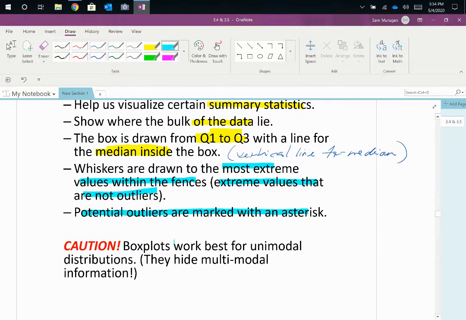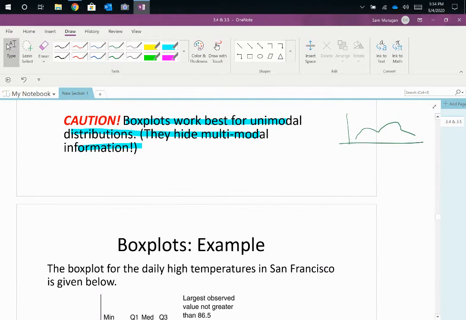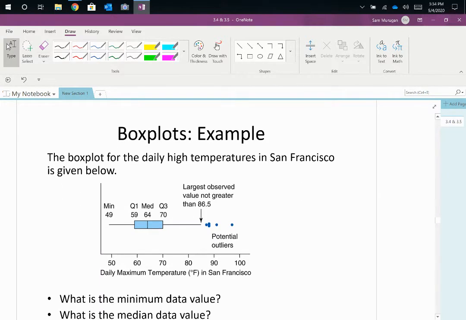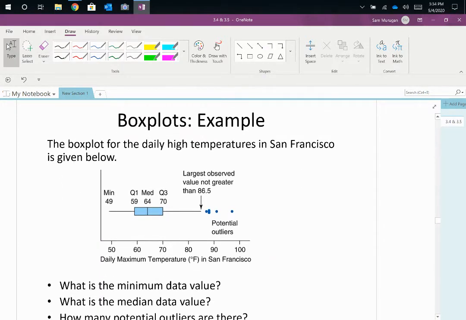Caution: box plots work well for unimodal distributions. If the data has two different modes, they tend to hide the multimodal information in the data. So here's an example of a box plot for the daily high temperature in San Francisco